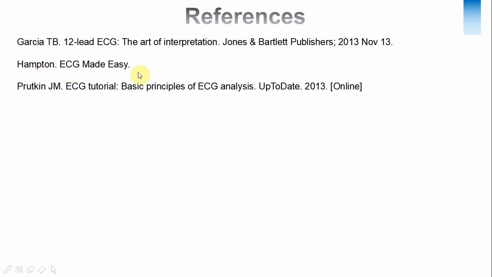We use Hampton's book quite a lot. That is the ECG Made Easy, but also there are a lot of other resources available. So over the next few videos, we'll talk about the individual cases. We'll talk about the atrioventricular blocks. We'll talk about STEMI. We'll talk about ventricular tachycardia. We'll show you how to calculate the axis, how to interpret the ST segment, how to calculate the QTC, and